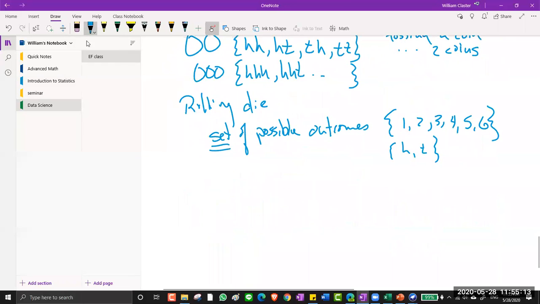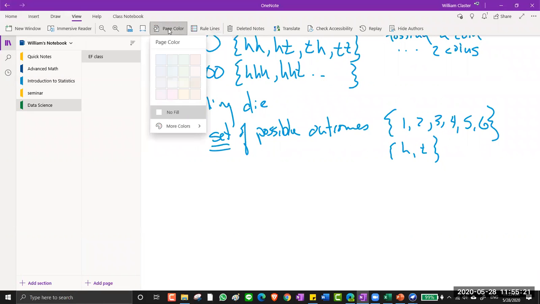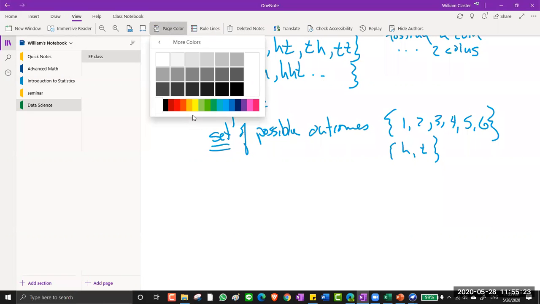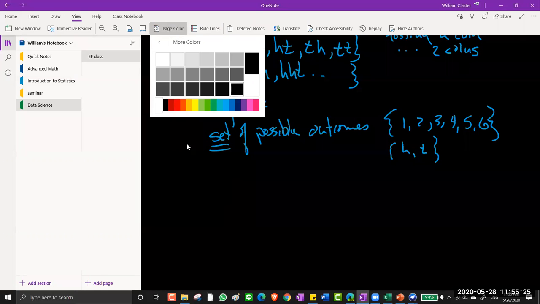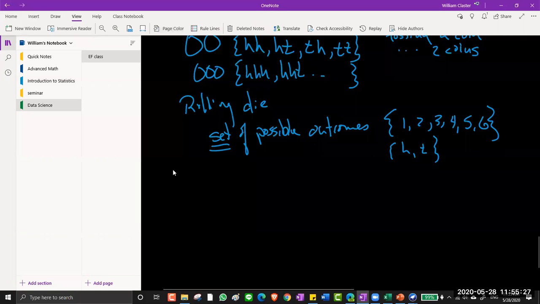Now suppose, oh, by the way, I want to change this to view, page color, more colors, that color. Okay, so now let's talk about